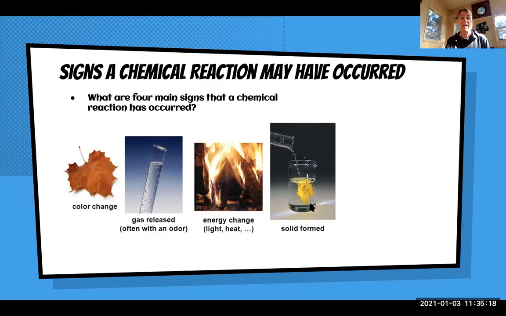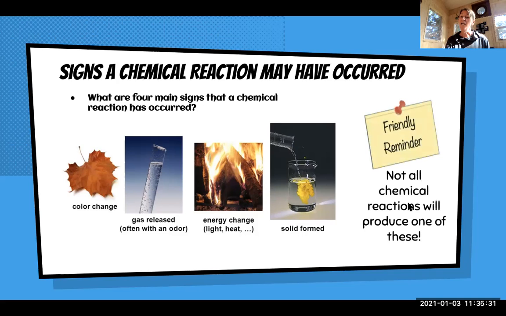And then the formation of a solid, which is called a precipitate. So we mix two things together, we mix two substances together, and suddenly we get this solid sort of sinking to the bottom of our liquid. That is also a sign that a chemical reaction had occurred. Not all chemical reactions will produce one of these, but these are the four most common signs that a chemical